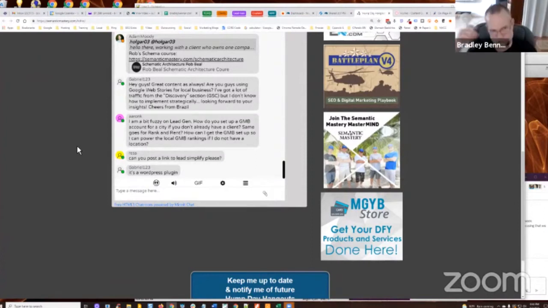First of all, you could just do organic lead gen, or you could do paid traffic lead gen. In other words, you can just rank organically where you don't need an actual physical location. You don't need a GMB if you just want to rank pages in the organic section of search results. So that's number one. You can also do Google Ads, and you don't need a location to run Google Ads